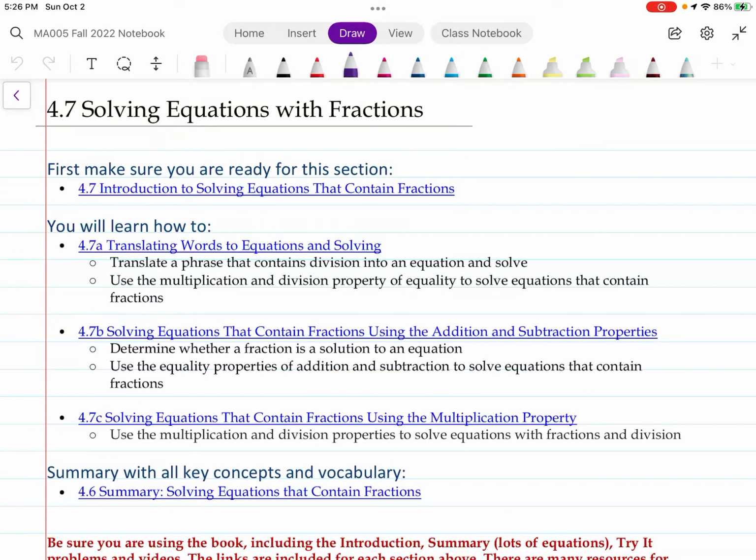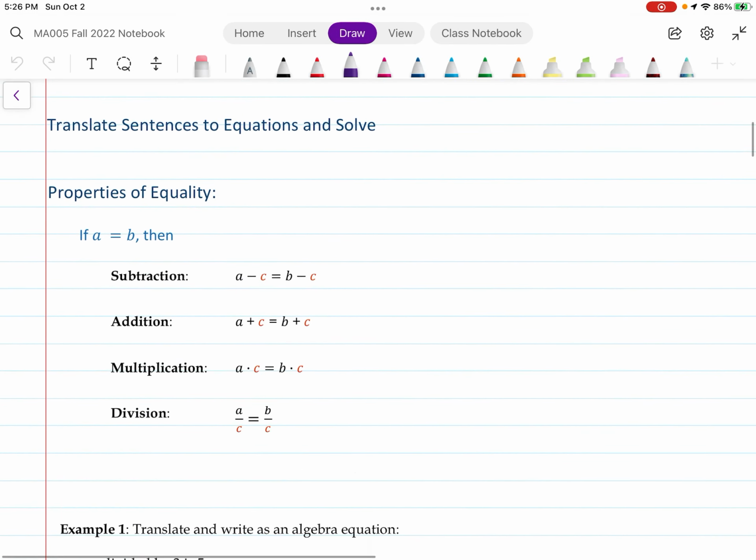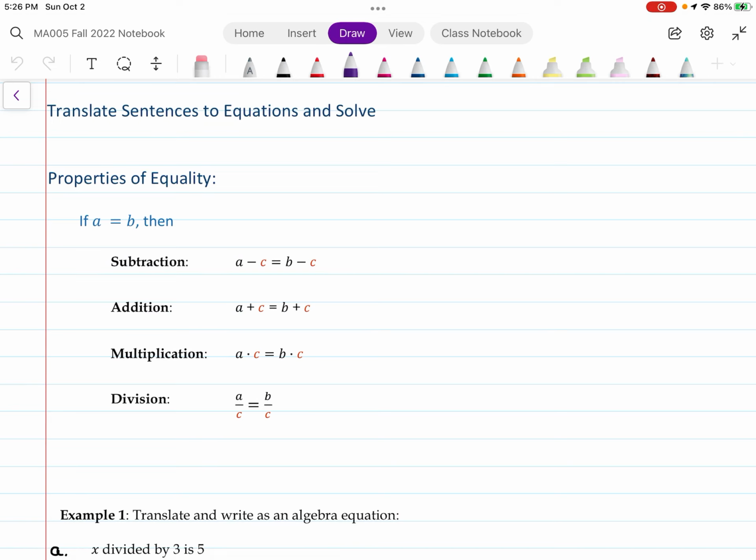Hi there, this is Professor Eckhouse, and I'm going to talk today about solving equations with fractions. So we are going to start with translating sentences to equations and solving, but first we need to remember about